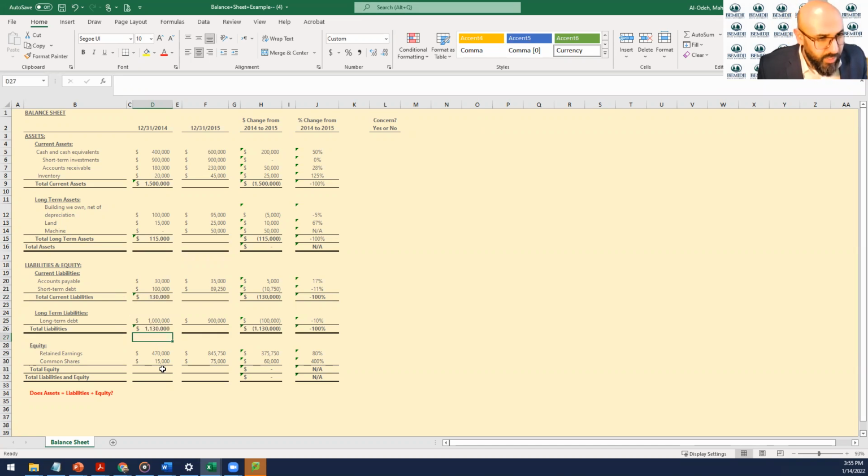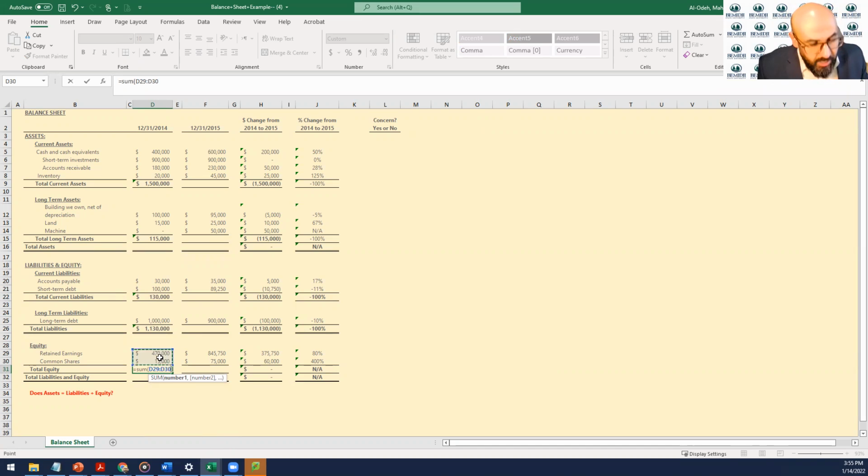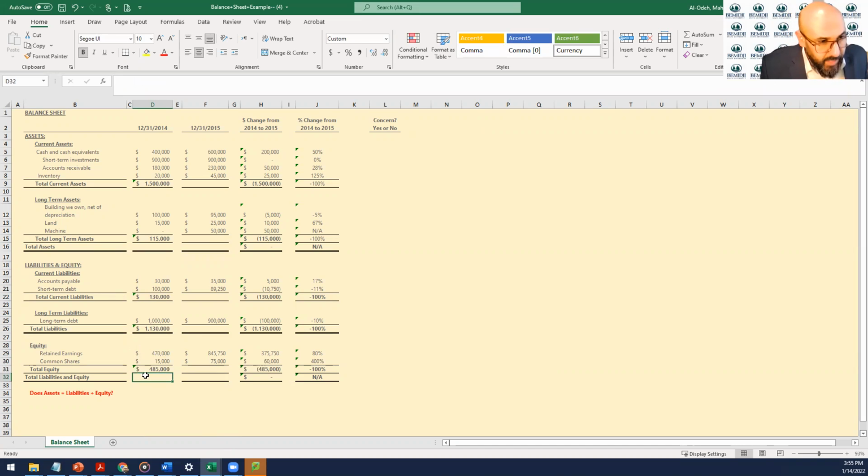And now for the total equity, we have two kinds, the retained earnings and common shares. Add these together, same thing. We're going to use the sum function and close the parentheses. And now for the total liabilities and equities, we add this number plus the total liabilities, and that will give you